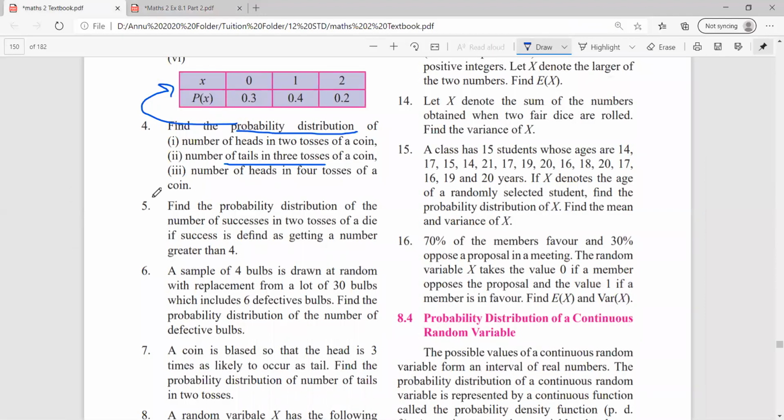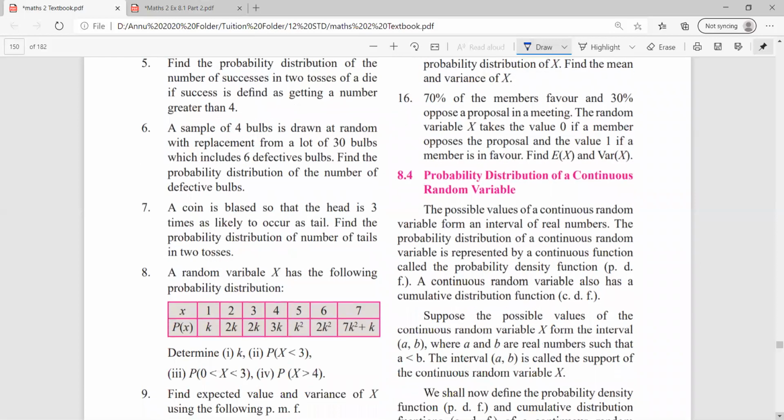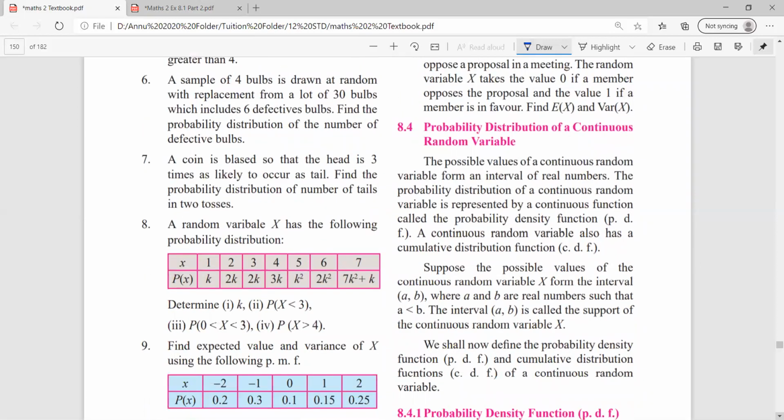Now we are directly coming to question number 8. 5, 6, 7 we will be doing in the next lectures when related sums come. I don't want you all to confuse yourself. Similar kind of sum हम अभी कर रहे हैं. 5, 6, 7 we'll do it in the coming lectures. Okay. Question number 8 is very simple and easy to understand.